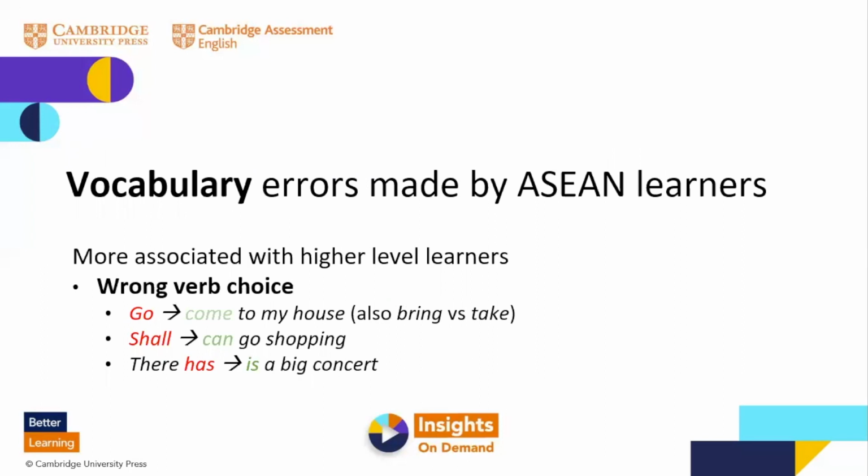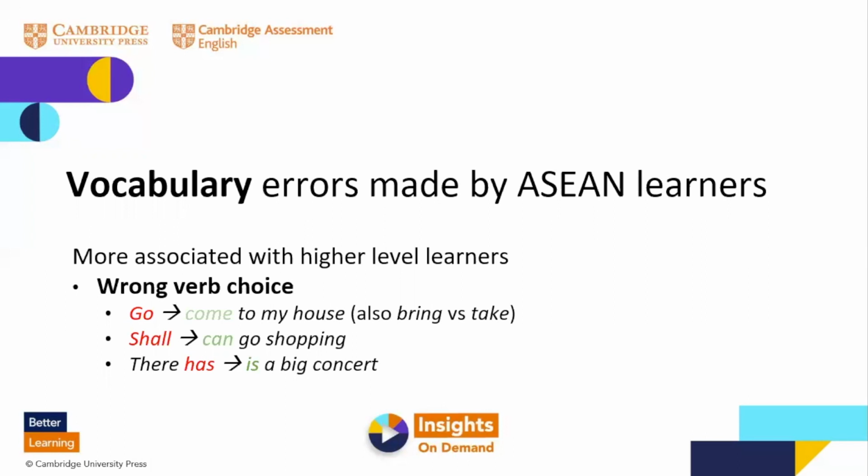The second kind of error that we can look at, because it's not just grammar the corpus helps us with, the second kind of error is vocabulary errors. Vocabulary errors, let me say it clearly there, sorry. These become more prevalent for higher level learners, actually. Because as the learners don't make as many grammatical mistakes, they still tend to choose the wrong words of various types. So the most common of these wrong verbs, these can be simple light verbs used in collocation or phrase,